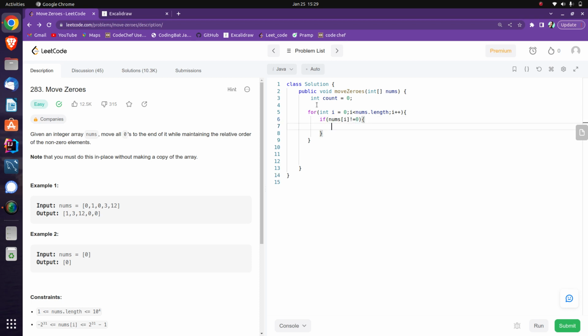Then what I'm going to do is nums of count plus plus equals nums of i. After this, while count is less than nums dot length,